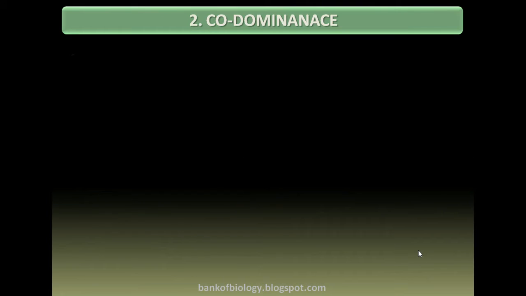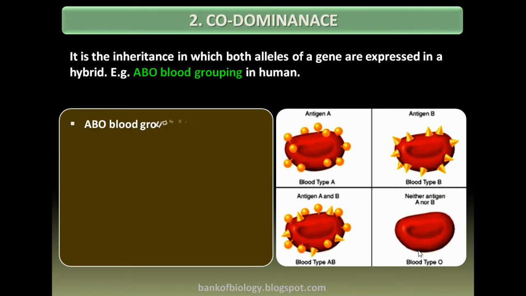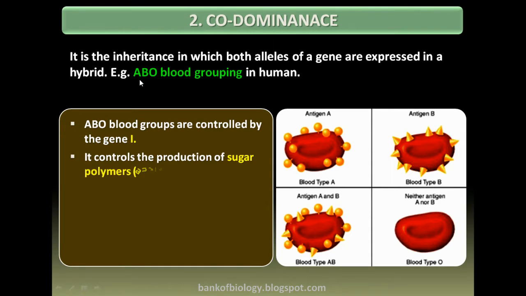Now second, we come to co-dominance. Co means together. So co-dominance is inheritance in which both alleles of the gene are expressed in the hybrid. For example, if we are having,